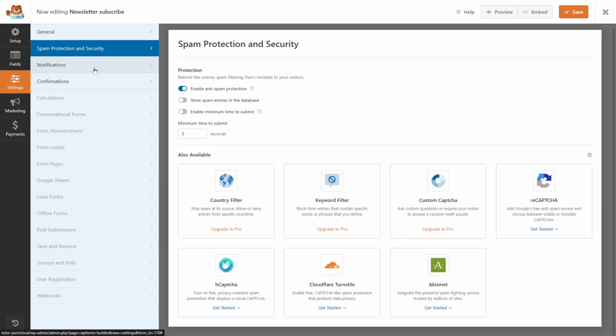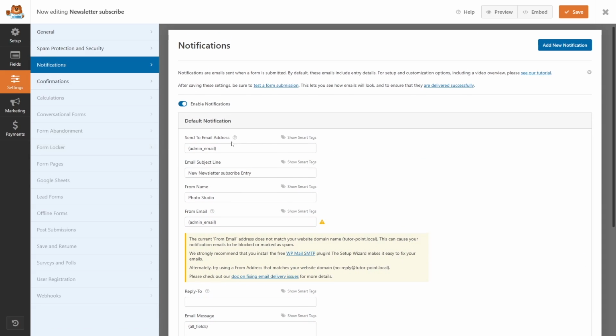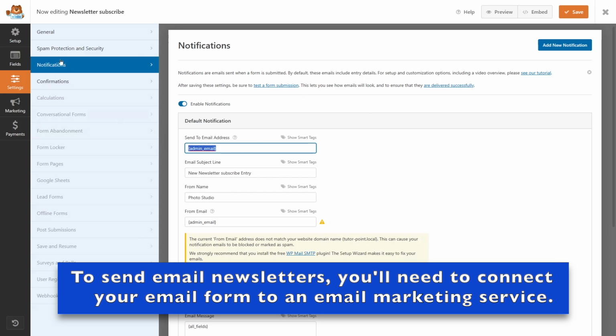Okay. So after this, you can also go through the notification. Here you can see the send to email address, where this email will be sent to. So this is very important. Once people type in their email address and click on the subscribe button, where this email will be sent to. So you need to put in your email address. Okay, so your admin or your email address where you want to receive the emails, and the email subject line,